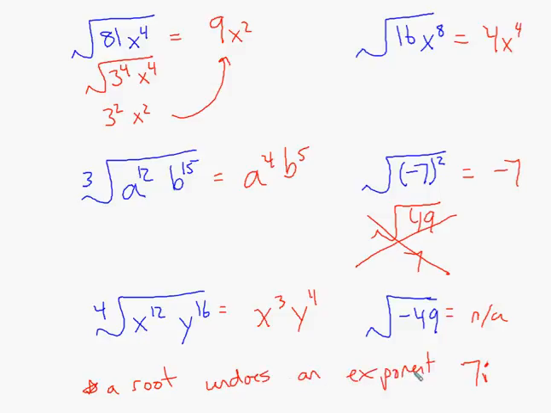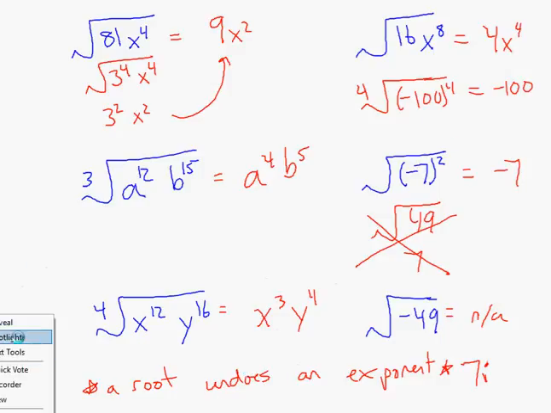In fact, it undoes it exactly. So if I had the 4th root of -100 to the 4th, well, what's the answer? -100. Okay? So the 4th root undoes the 4th exponent. I would not multiply that out. Okay, we are going to do a bunch of examples on